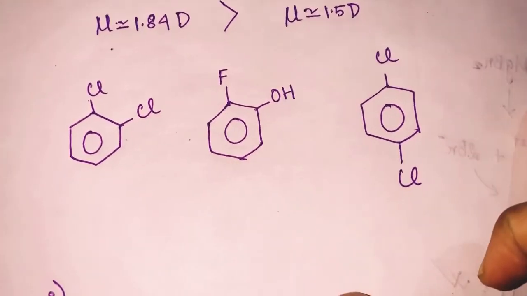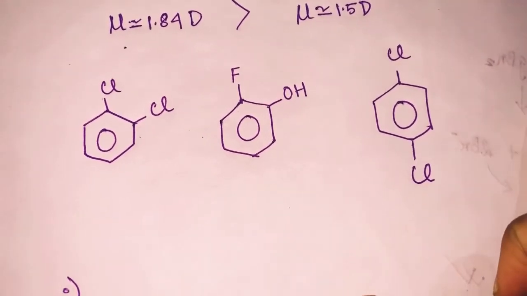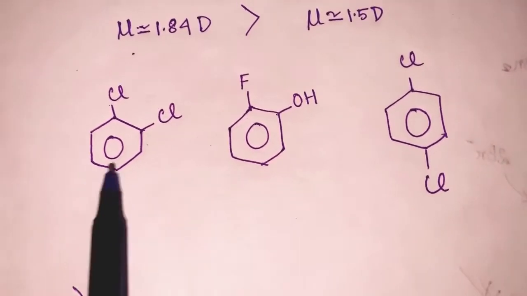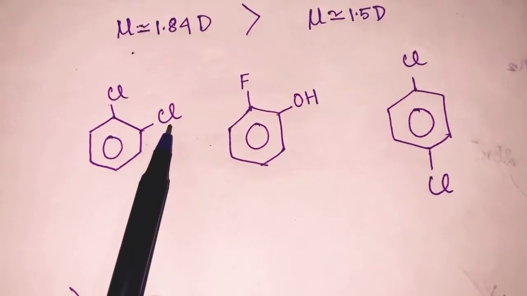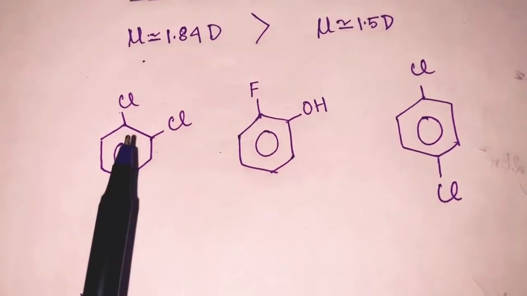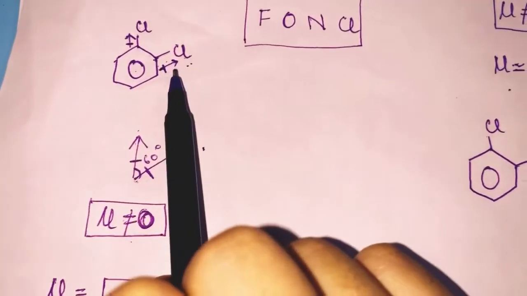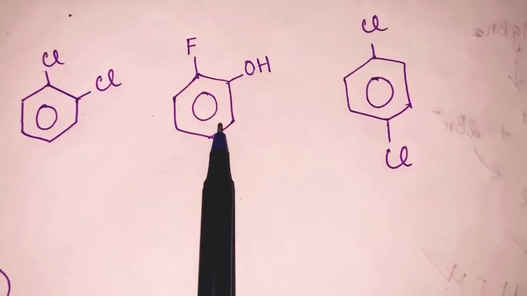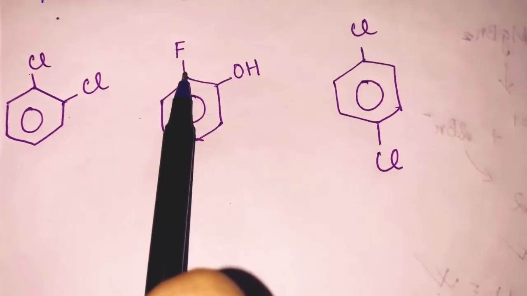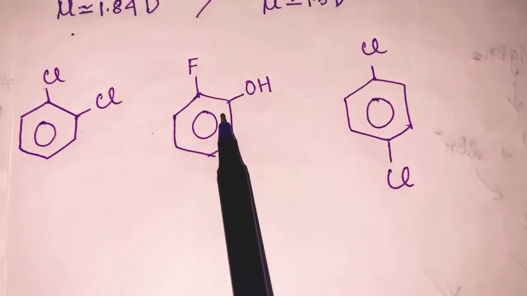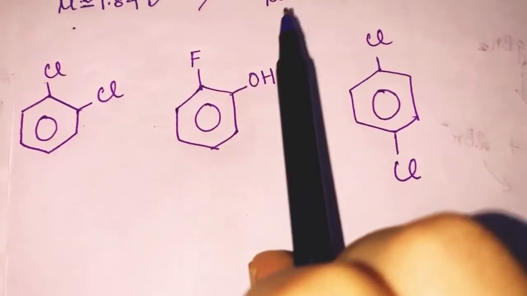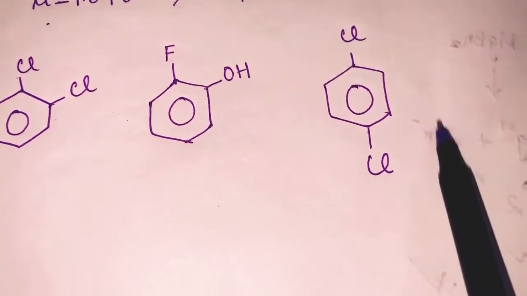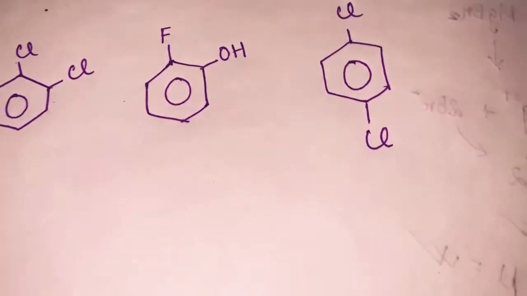Here we'll also try to understand what is the experimental and what is the theoretical or mathematical dipole moment. Okay, so here we can see chlorine. We have already discussed this recently, like this one. So here we have seen it has non-zero dipole moment. Here also it will be non-zero, because the dipole moment in the case of fluorine will be in the upper direction. Here it will be in this direction, so non-zero total in this direction. Here it will be 0, because one is going in the upper direction and the other one is going in the lower direction, therefore it will be 0.